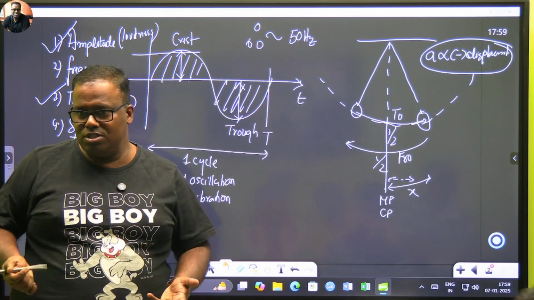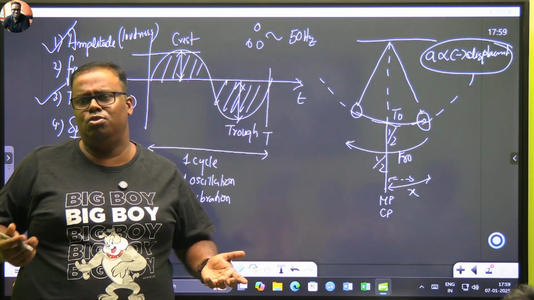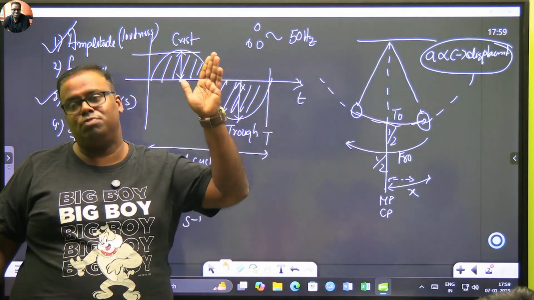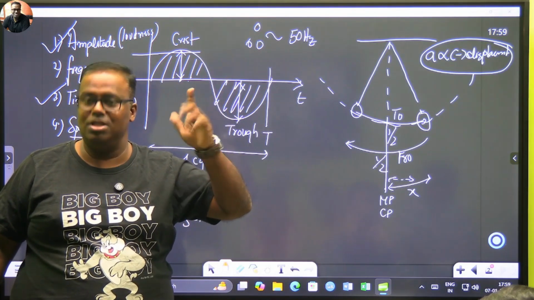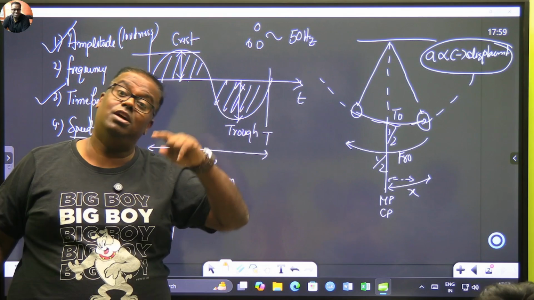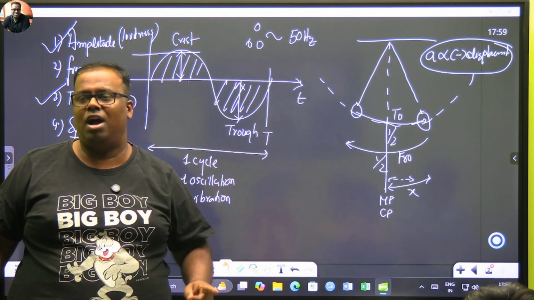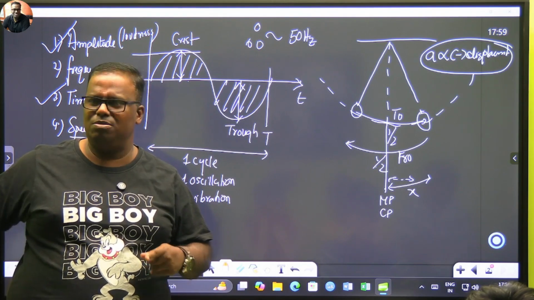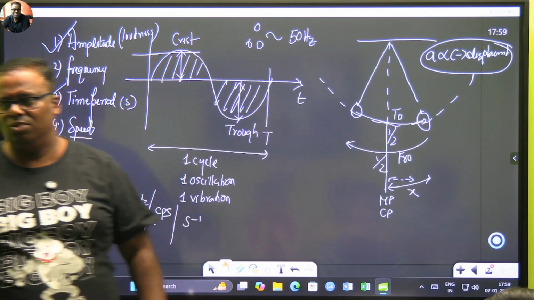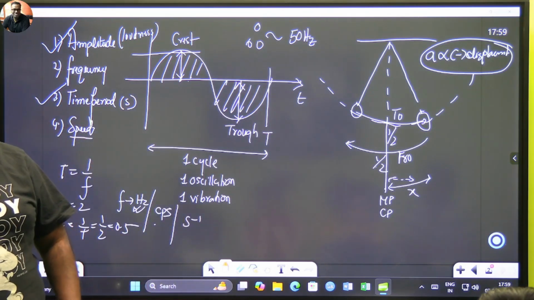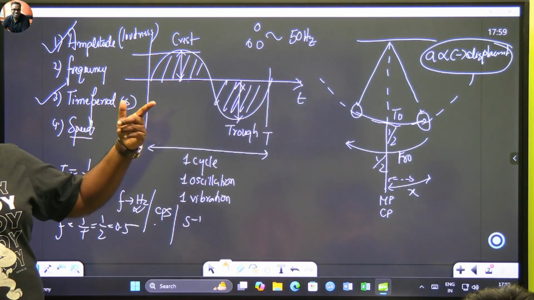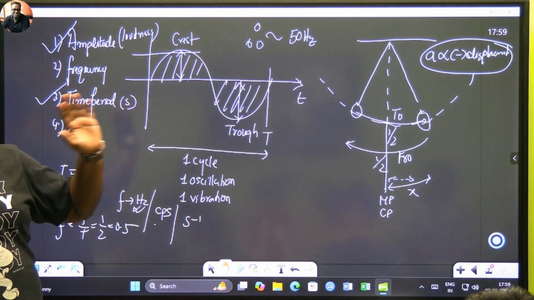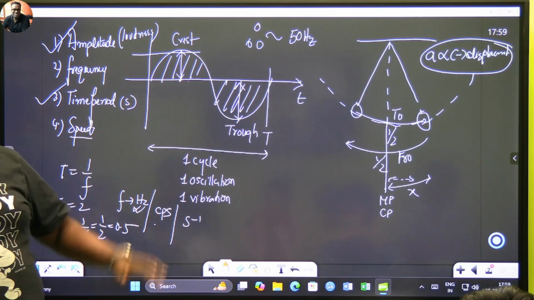More is the frequency, more is the energy. A higher frequency sound can travel a much farther distance, which I've told you many times. A baby wailing at night can be heard far, far away. But a loud music system played in your house, you will only hear in your house, maximum 2-3, उसके बाद die down हो जाएगा. उसमें उतना intensity नहीं रहता है. It all depends upon frequency, and frequency depends upon source. If source does not change, frequency never changes. So more is the frequency of a sound.